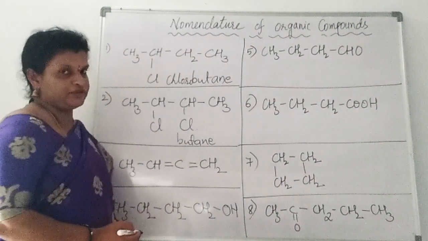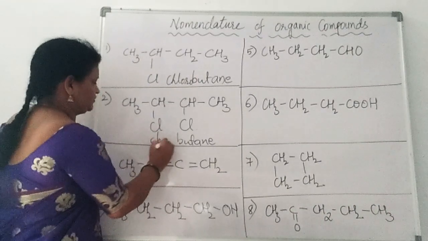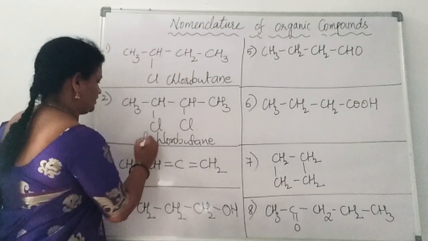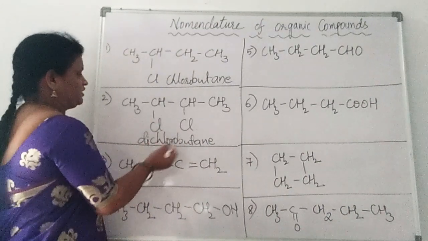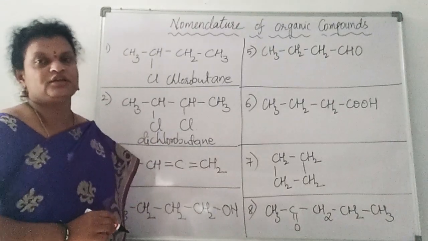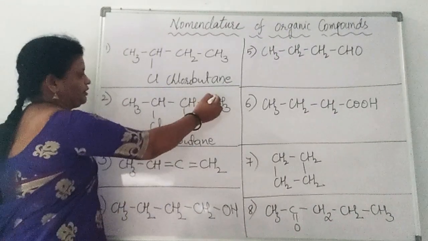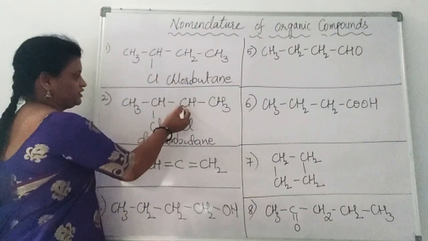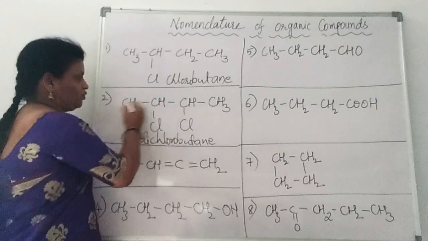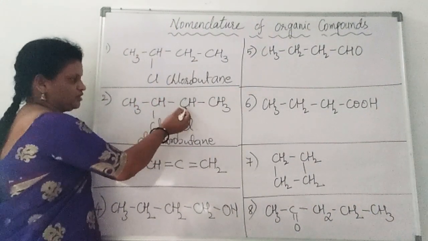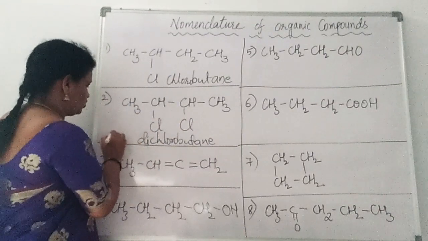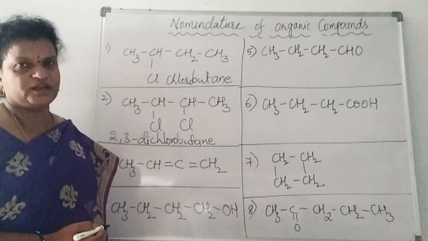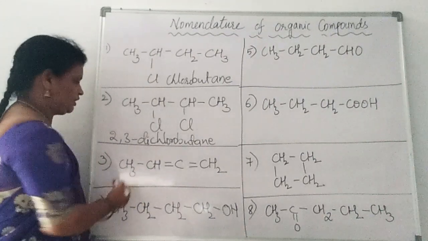So for this secondary prefix, what we have to do? Here chloro is there, right? Chloro is there here, but here 2 times it is there. So we have to write compulsory dichlorobutane, but we have to mention the number prefix also on which carbon that chlorine is present. So here, from here onwards we'll start counting first carbon, second carbon, third, fourth. So on second and third these chlorines are there. If you count from here also, this becomes second carbon and this becomes third carbon. So we can write here 2,3-dichlorobutane. 2,3-dichlorobutane. Right.